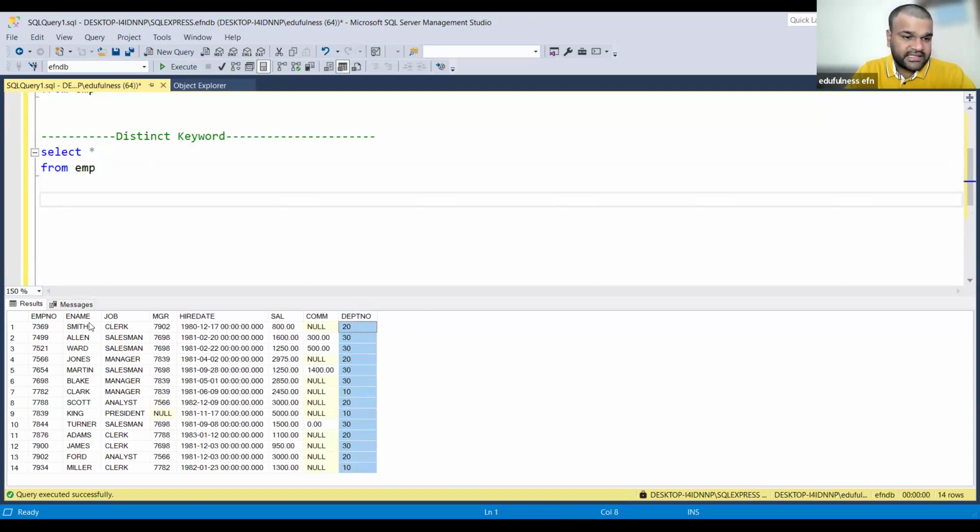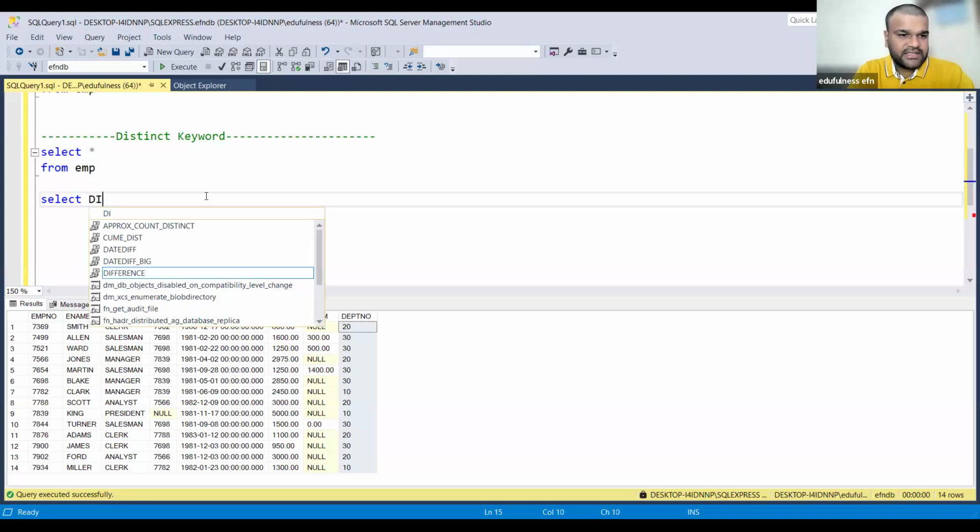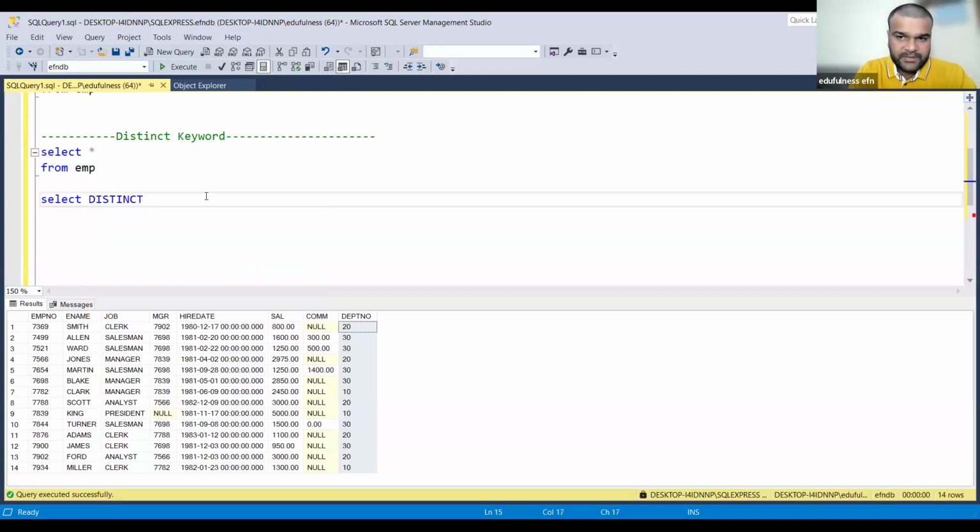The question is nowhere related to the table. From this EMP table, you can tell that, right? Select. As we told, the distinct keyword, then the column name beside that. From which table? Mention that, that is EMP.